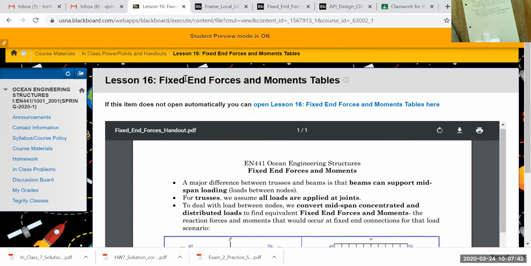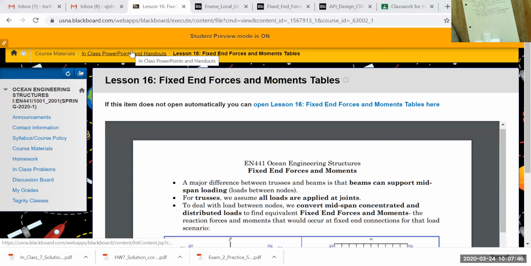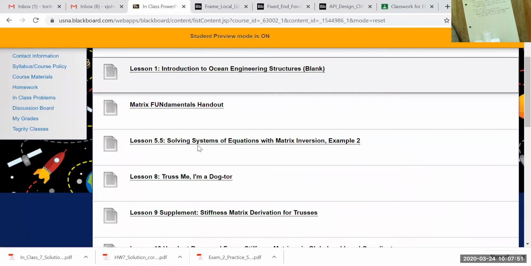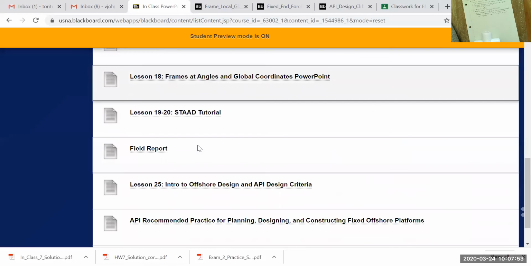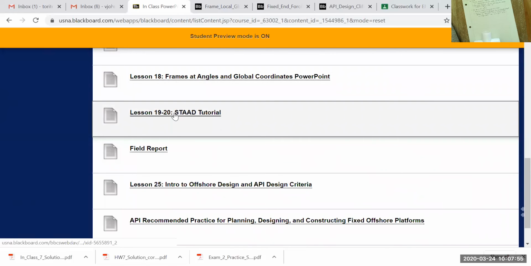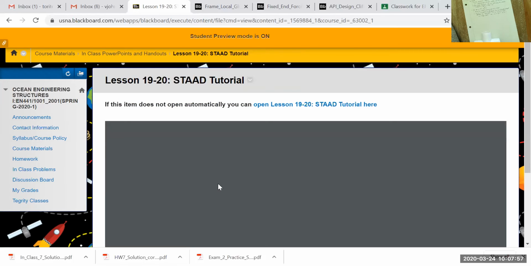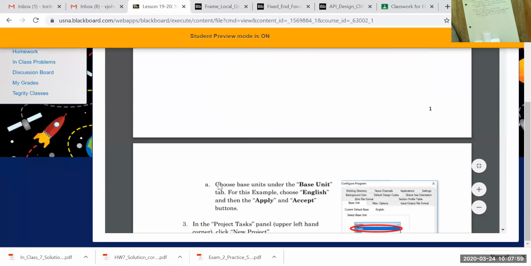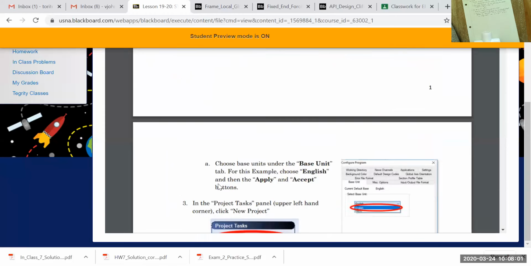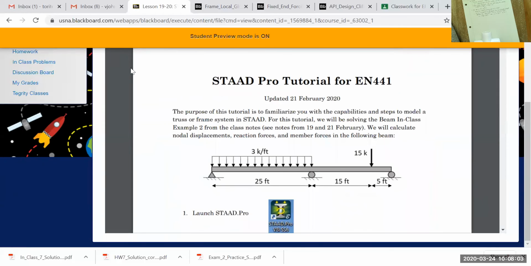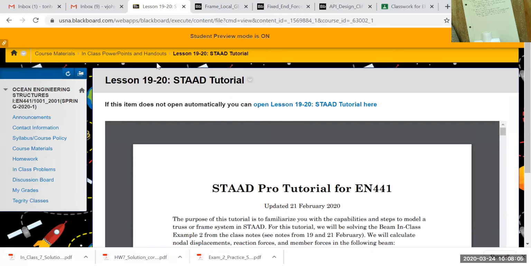And then finally, if I go back to in-class PowerPoints and handouts, I think the very last handout that will be very useful, well, I guess 2 more. So the STAD tutorial, just being able to step through this process and knowing these dialogue boxes is important. And then finally,